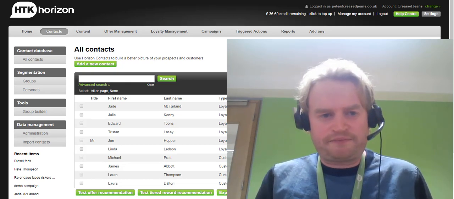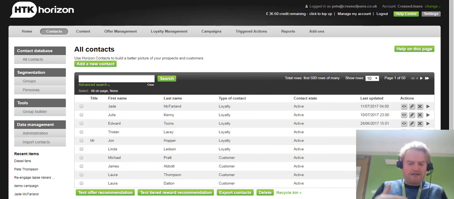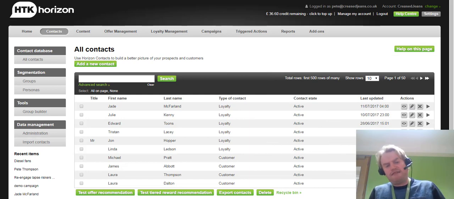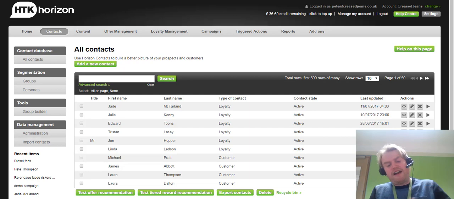So here I am, this is the contact view, and really by contact management we're going to look at the types of data Horizon can store about your customers, how you can easily create sets of custom fields so you can store data that's relevant to your business that might not be generic. And then finally we'll look at ways you can import and export that data to use in other systems, reporting,